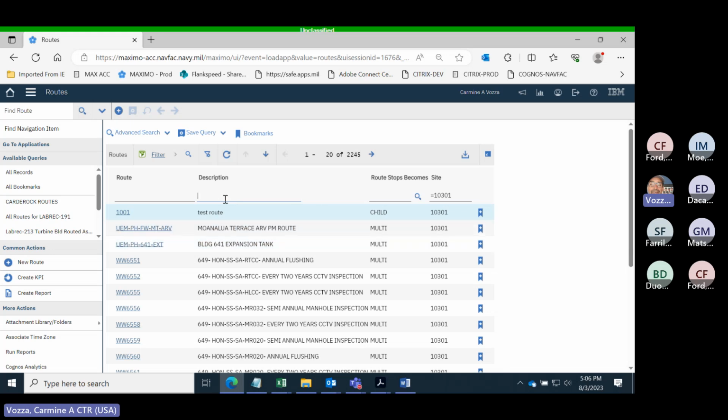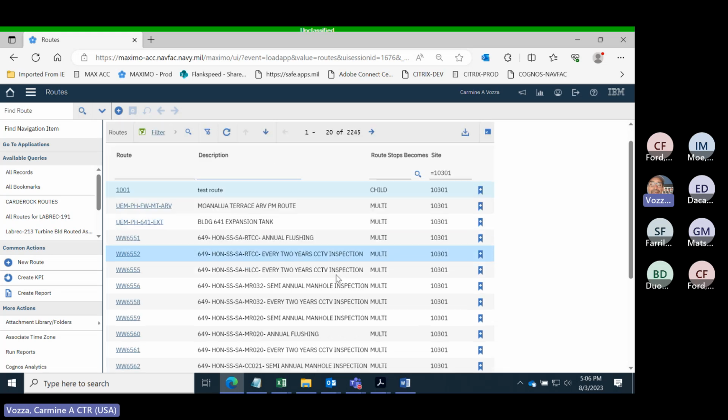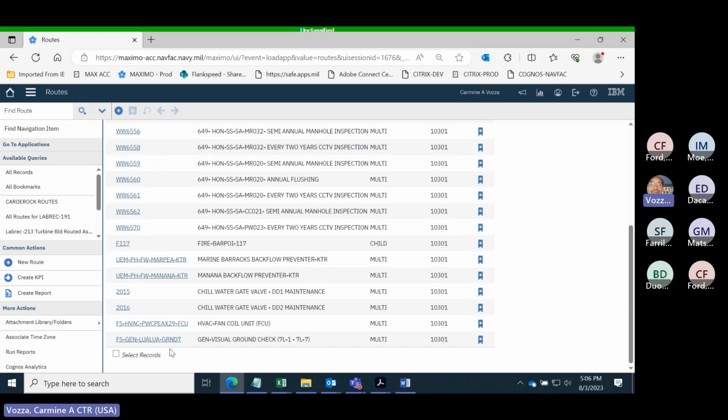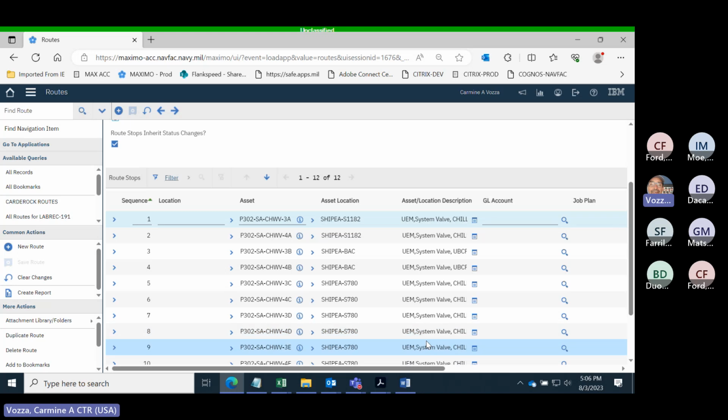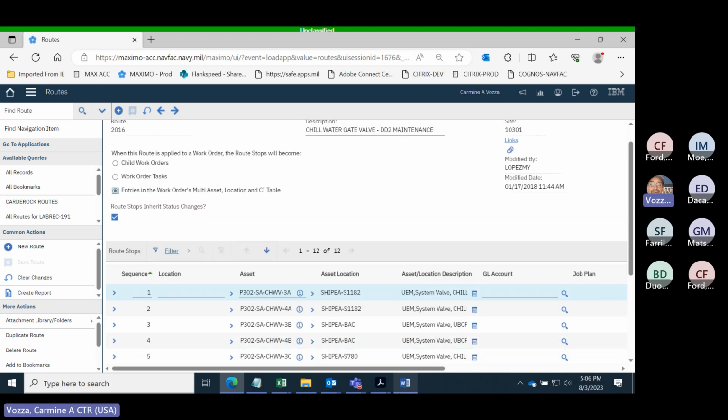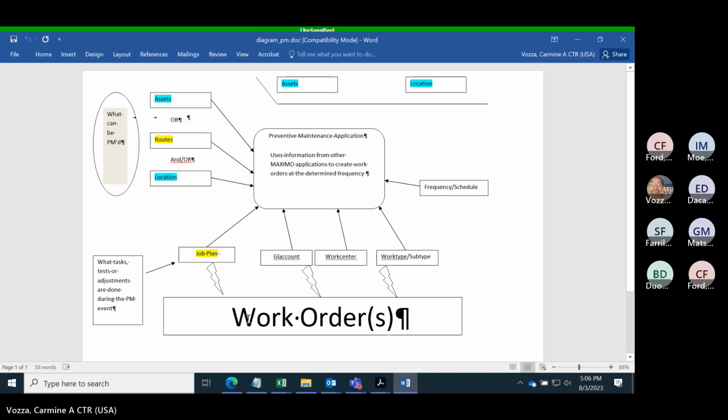So there are two types of routes that I explained. We're going to look in detail on PM2. So I'm going to pull, here you go, let's check it out. Right. So you see here, multiple assets, right? This group of assets can be assigned to a PM. I'm going to jump back to that diagram, right? The work order will get generated for that group of assets. So because we can generate a work order for multiple assets, it allows the PM manager, he or she, to group the work as they see fit. It could be used in facilities for,